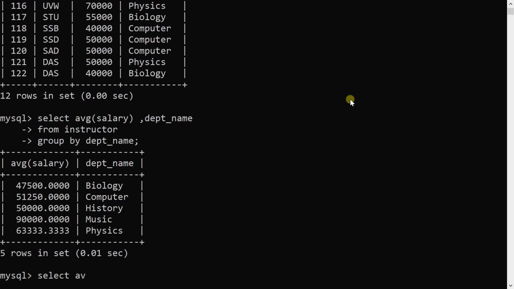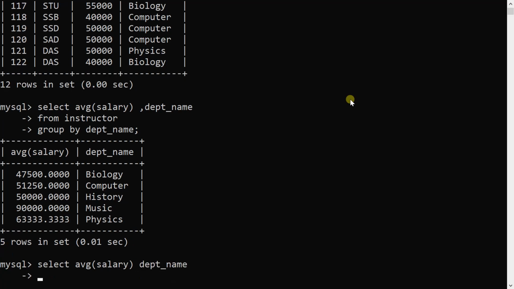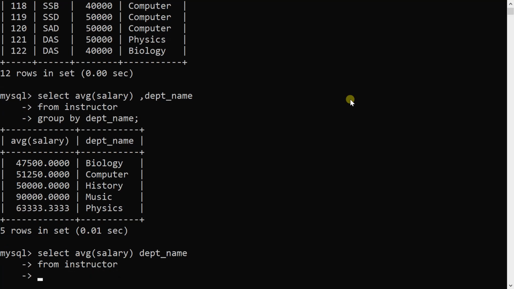We will see the same statement. Select AVG salary, then department name, from instructor group by department name. Now the condition is what?